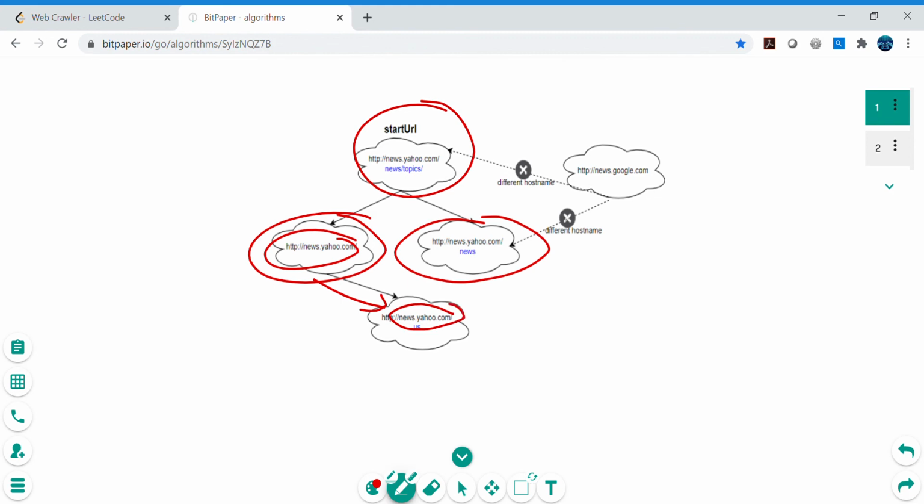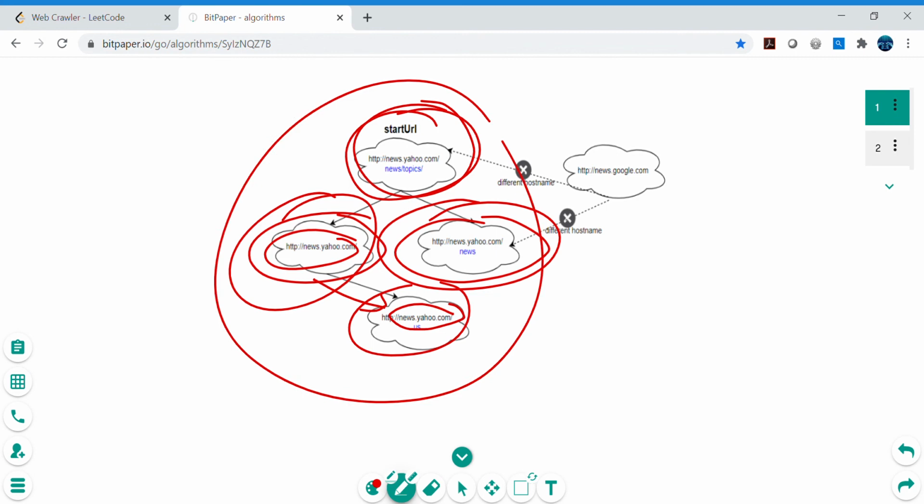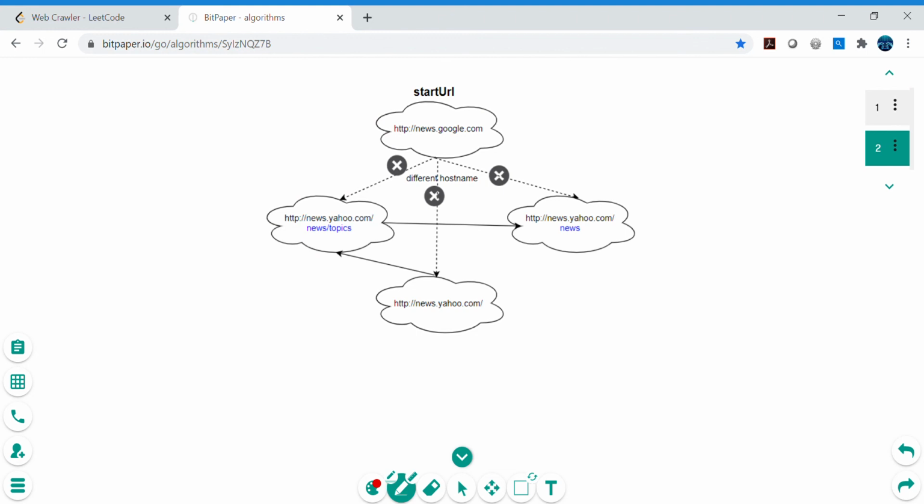It contains the same host name, so we will add this URL to our output, or our list, or whatever structure we take, for example our result list. Then we will pass this URL again and check whether the API is giving something or not. In this case, there is no connection here, so it will not give any further list. So we will store this URL, this URL, this URL, and this URL, and return these four. Okay, so this is the problem description in very simple words.